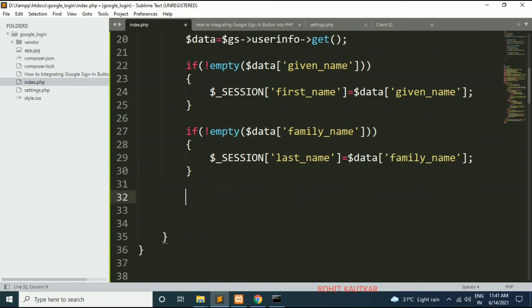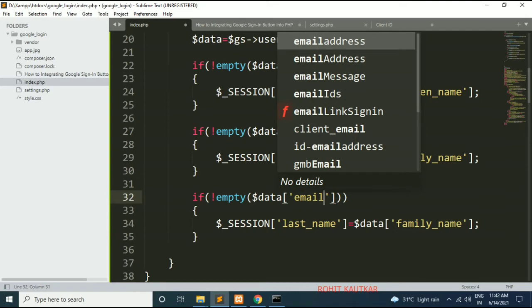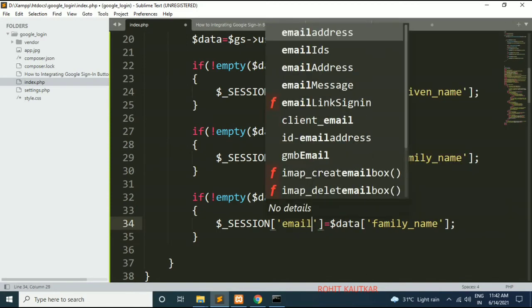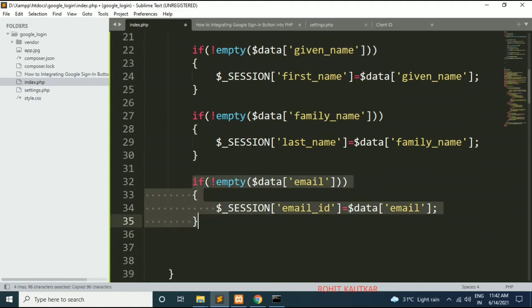Okay, next to this we will try to get the email address of the user. So again I will copy this and paste it here. Here I will write email, and here I will change the session variable to email ID, and same I will specify here. Now next to this we will try to get the gender of the user.